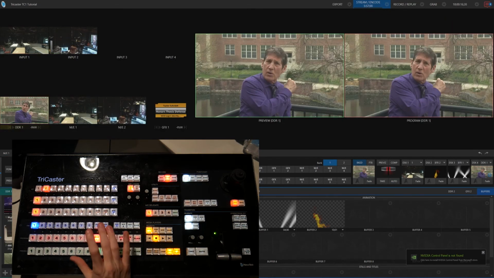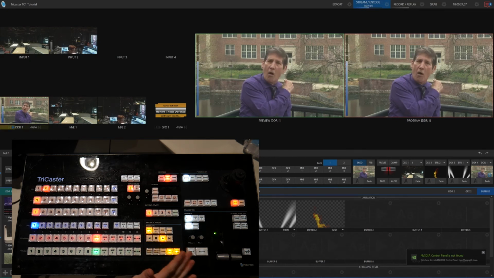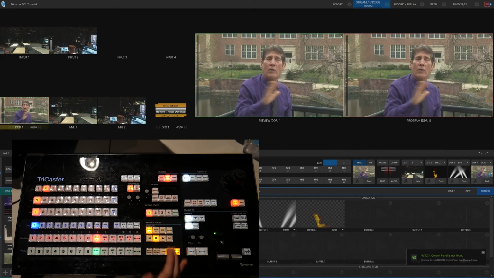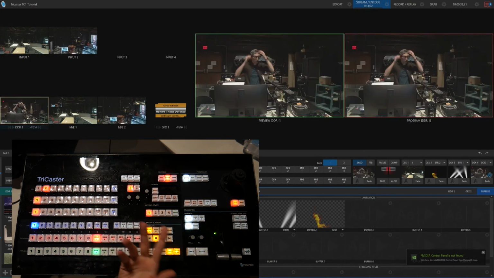Now in between our primary bus and our transition controls, we have our media player controls. This is where if you have DDR1 selected, you can control DDR1. Play, it will play. Stop, it will stop. Next, it will go to the next image, or go to the next video in DDR1 or DDR2, or graphics